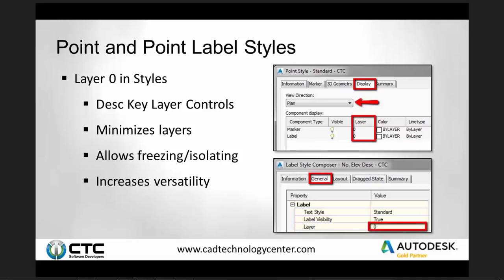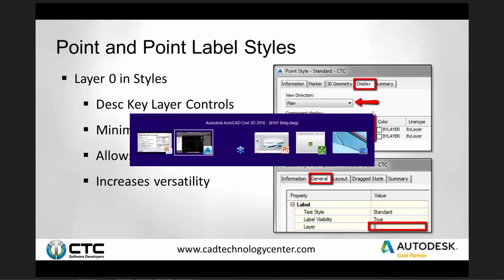Right? A lot of layers and a lot of different styles in Civil 3D. And to make some sense of that, we have to utilize layer 0 in some places. There are reasons not to use it, certainly, and I'll touch on that. But use of this layer 0 overall increases versatility of our points and how we use them and how we color them through XREFs or through the main drawing itself. So enough background there. Let's get into Civil 3D and